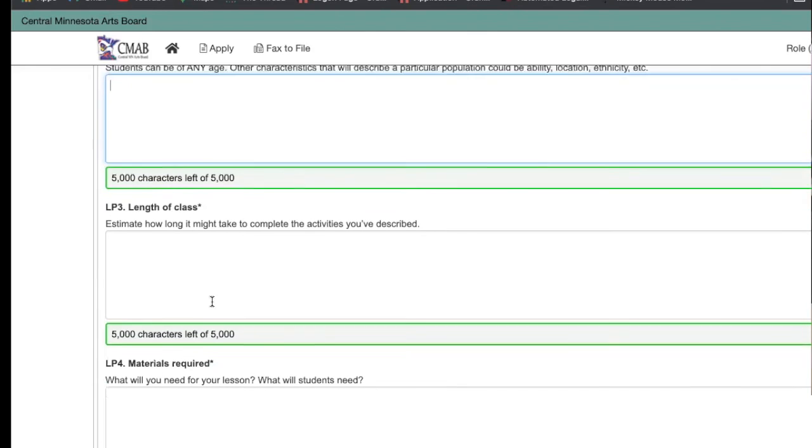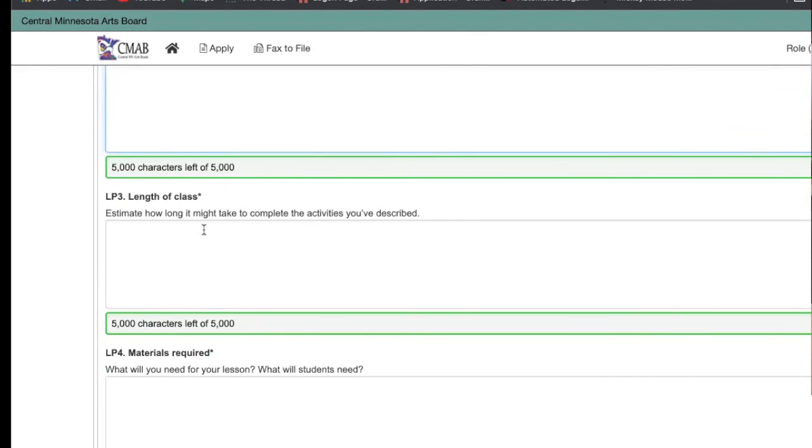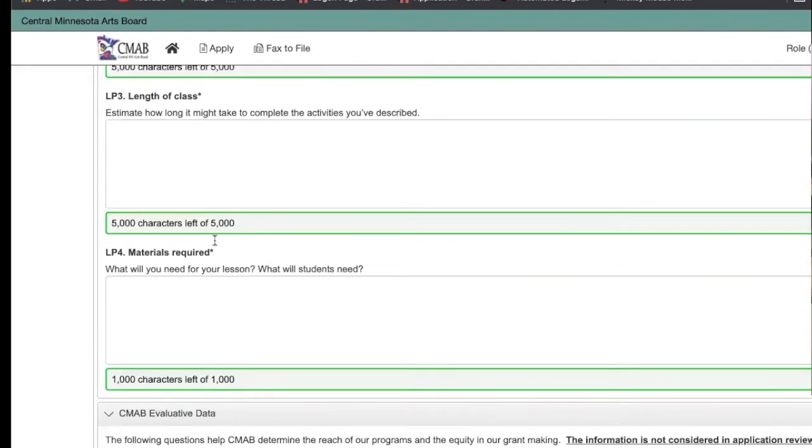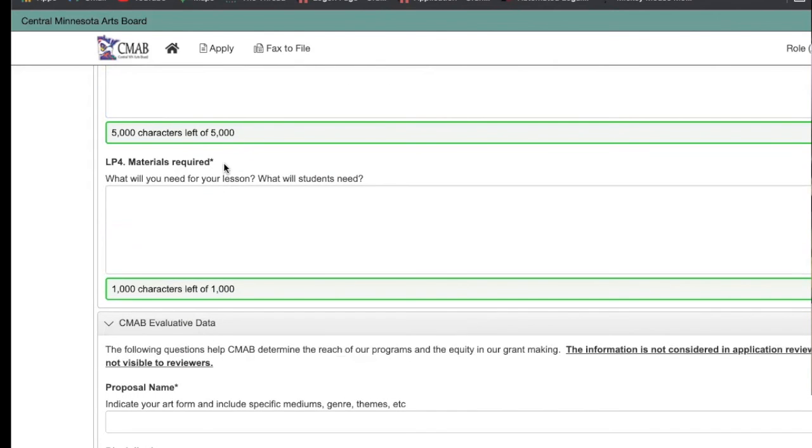And then these are specifics that are really important when you're working with groups to plan and teach. How long might it take to complete the thing that you want to do? Again, we're not looking for wrong answers, but it's an exercise that helps us see how much you're thinking about these different mechanics in making arts learning experiences happen. And then materials, of course, this is a budget consideration anytime you're teaching. What do you need to come with? What do students need, etc.